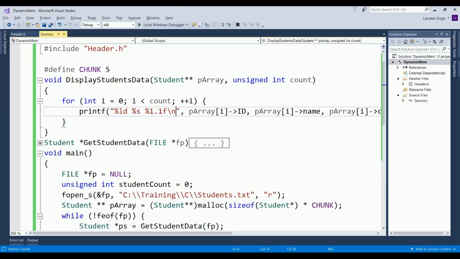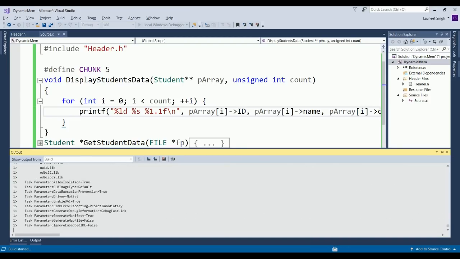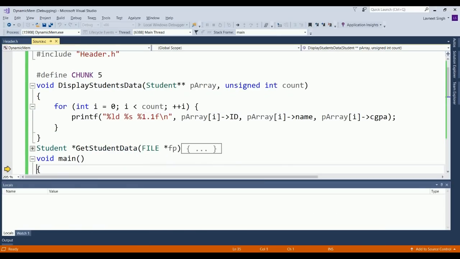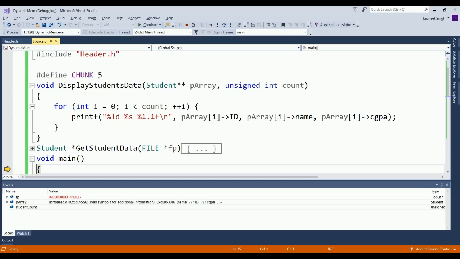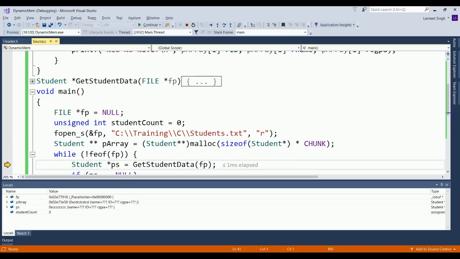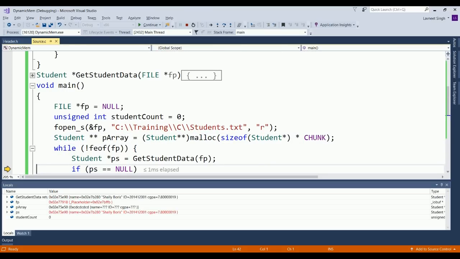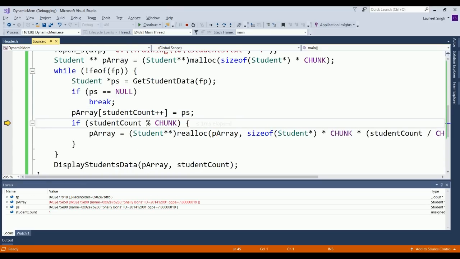We are good at completing this scenario. We are almost there, but one important aspect is remaining. Before I come to that, we will just try to see if it works as we expect it to. So it opens the file, allocates the chunk, reads the data. So first data is Shelly Boris, and we put it in the array, and chunk is, oh, we need to,